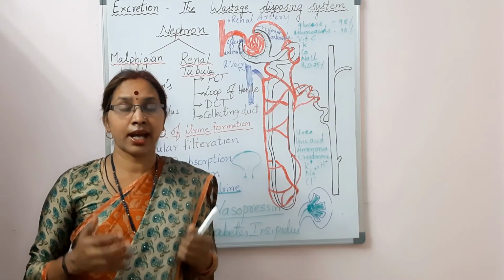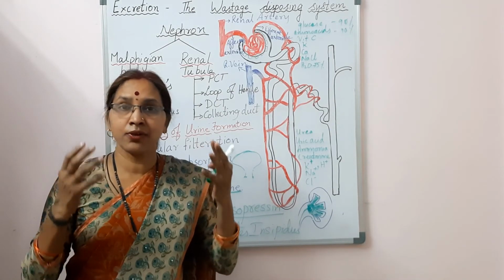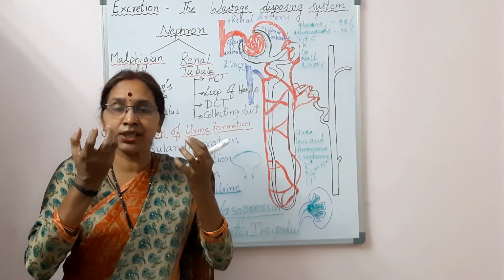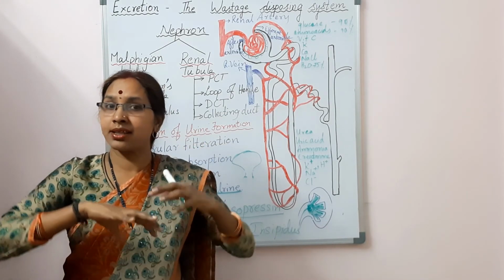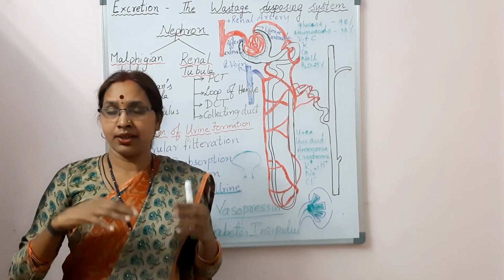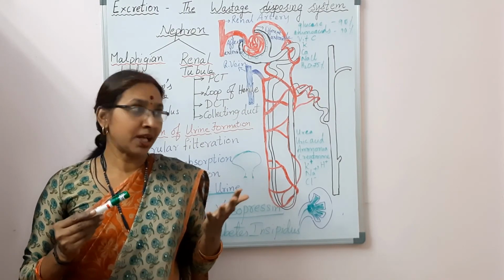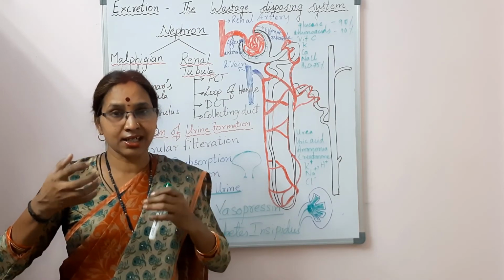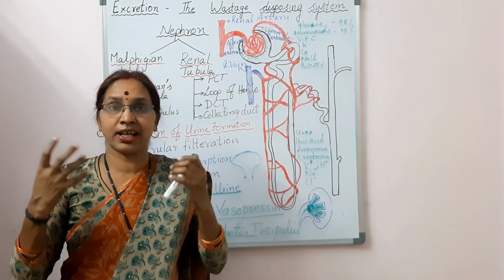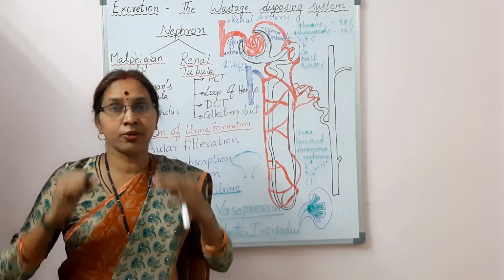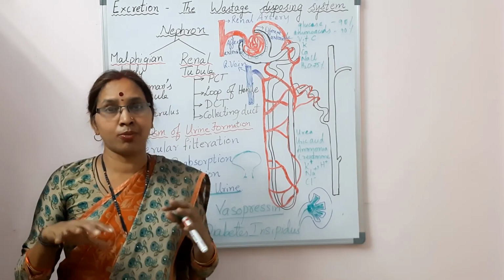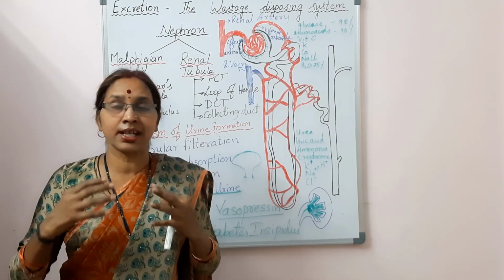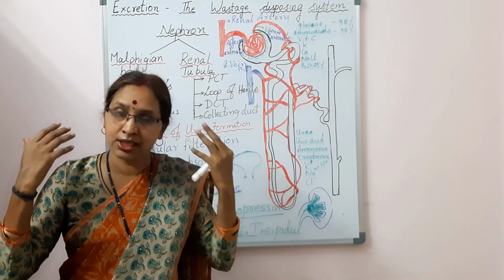So you have learned how nephrons play a very vital role in filtration of the blood, removing the waste products from the blood, and then formation of urine. And this is very important. Imagine if the nephrons start degenerating and stop functioning, then what would happen? Our kidneys will not be able to excrete the waste from our body, and the waste will get accumulated in our body, which will become toxin, and afterwards it may lead to the death of a person.